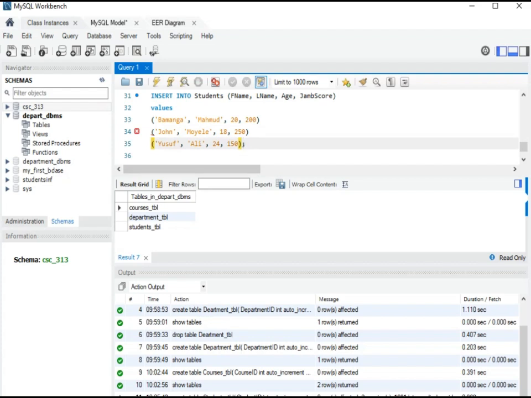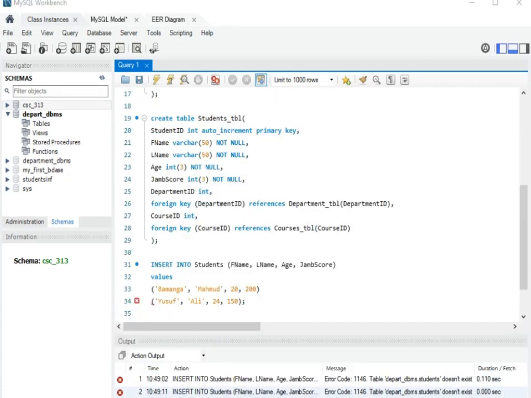Let's try to end this. Something went wrong here. What is that? Let's try to delete this and see if it really creates a difference. I realize that there is an error here on the student table. We need to include underscore TBL, right? So with this we can't add more of this,